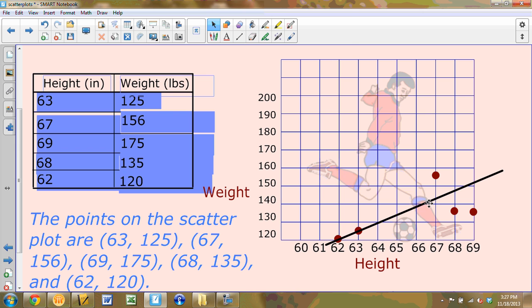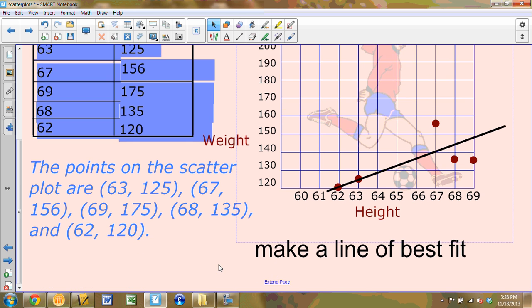I could put this right here in the middle of these two points, but since there are two over here, I can think about it like a tug of war. I've got two people over here pulling on it this direction and only one that way. So it's going to pull my line a little bit farther down that way. See how this is going to be just a little closer than that. So when you draw your line of best fit through your data, that's how you decide. You want to get it in the middle of the data the best you can, but if you've got a little more on one side, it's going to pull it that way a little bit more. So that would be our scatter plot and our